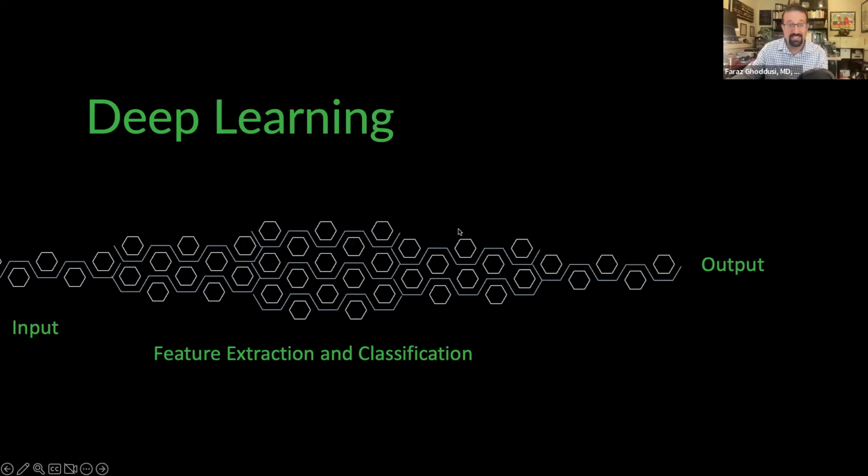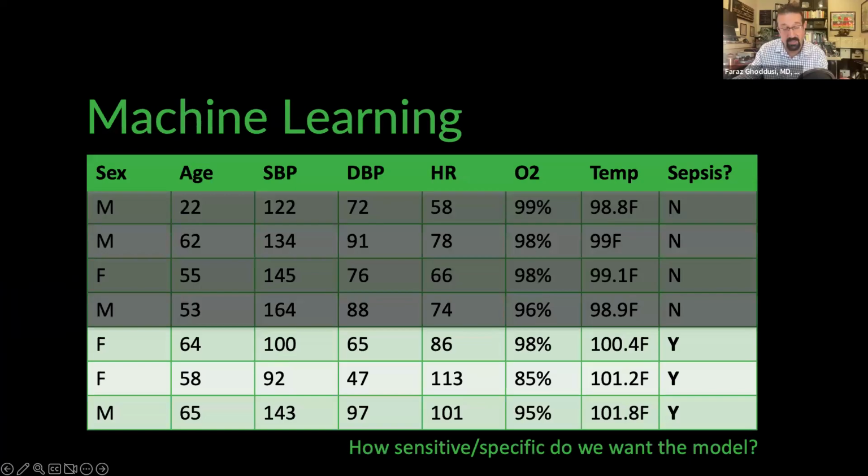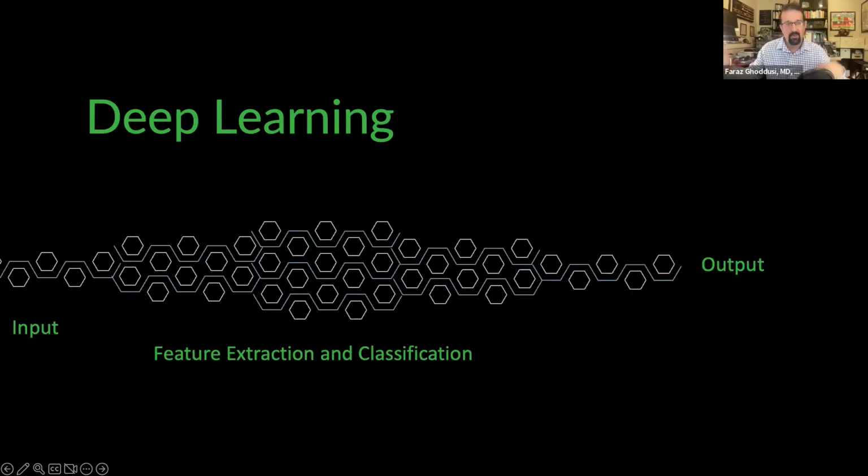With that, we start to move into deep learning. This is a subset of machine learning that's based on artificial neural networks. But the biggest thing about this is that we don't really have those inputs and we don't have the features specific to extract. Whereas in the previous one, we're able to look at the different weights and say, okay, age isn't as big a risk factor as things like oxygen level, temperature, et cetera, for sepsis. With deep learning, we don't necessarily know what's happening in the middle.